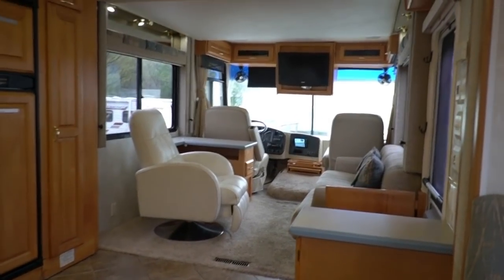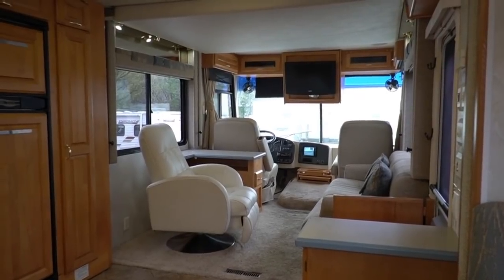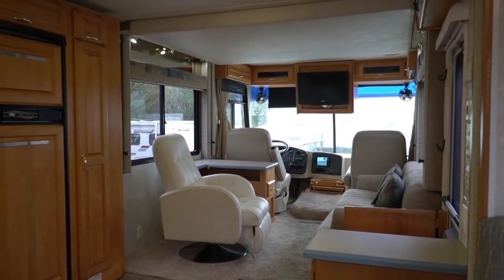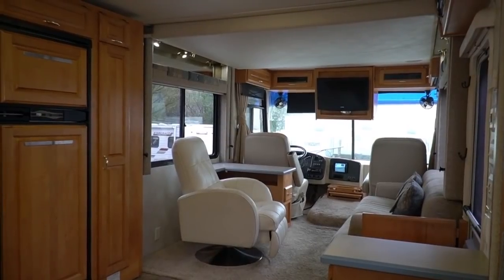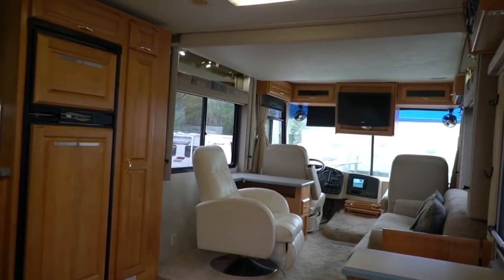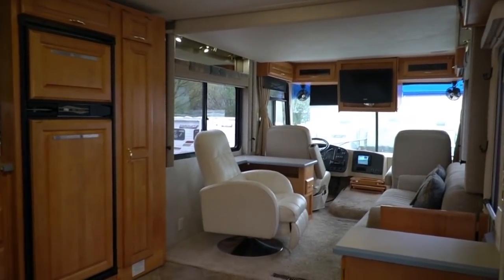And guys, do all that and you're set. I mean, you get your drive out tag, no extra charge. You get 21 nights of free camping, up to 7 nights at a time at select RV resorts nationwide, to be used in a 12-month period, no extra charge. Of course, there's no warranty on this. It's an 04, unfortunately. The warranty companies that we operate through do not write policies on anything under a 2006 model,